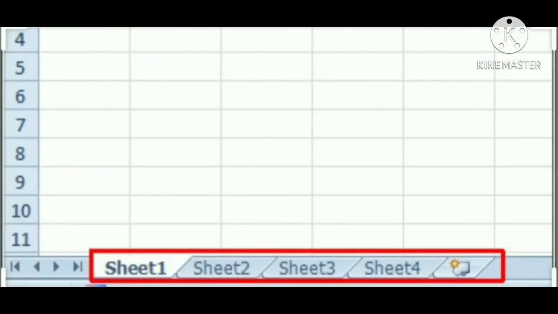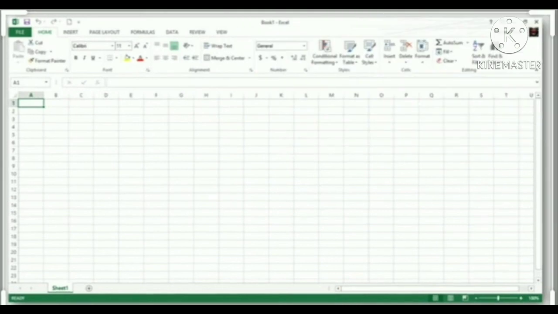Sheet tab. This tab is present at the bottom of the screen. The worksheets are named as Sheet 1, Sheet 2, Sheet 3 and so on. The sheet currently in use is called the active sheet. The name of this sheet is shown in bold letters. You can insert a new worksheet in your Excel document. To give a meaningful name to a worksheet, double click its tab and type a new name. Status bar. This bar displays the current status of the cell and the zoom option.